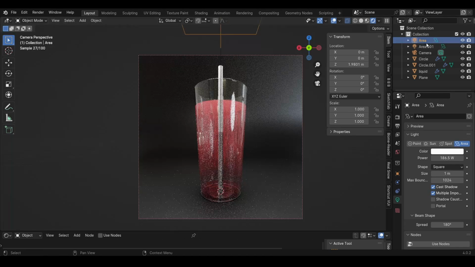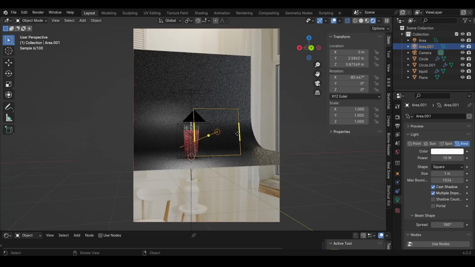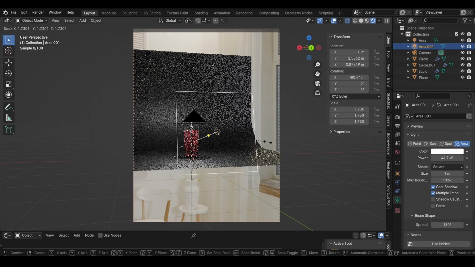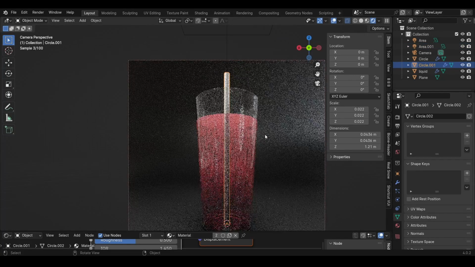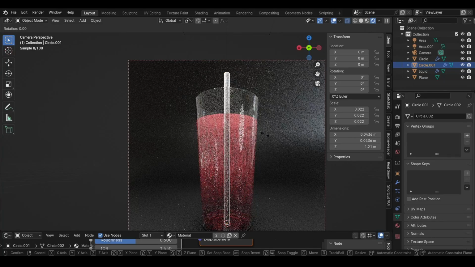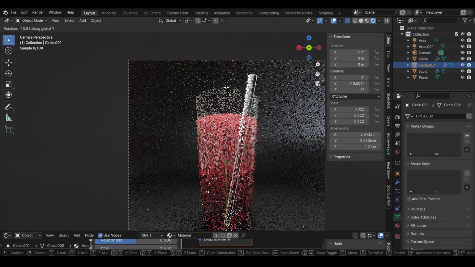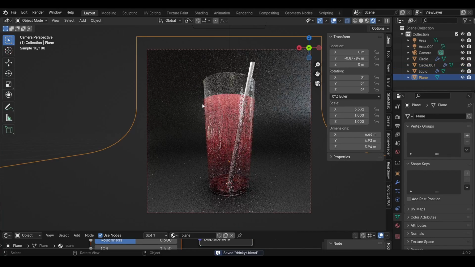The lights I will turn up quite much, and also this light I will turn up, and I will also scale it up like super big. Then the straw I will press R, Y, and lean it to the side. Then the only thing we need to add is the droplets,